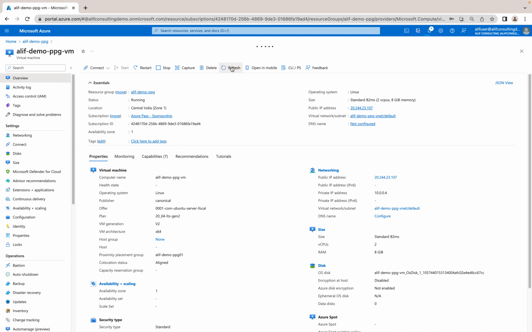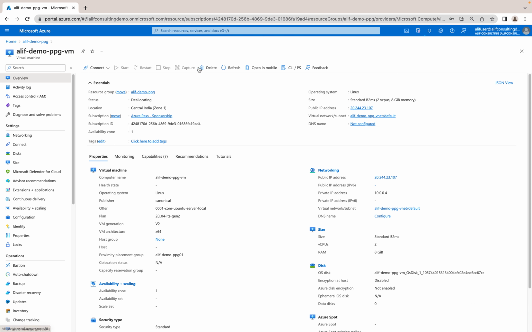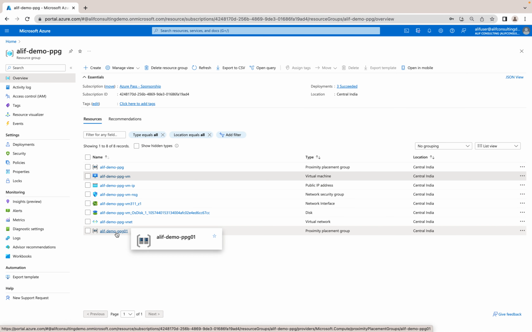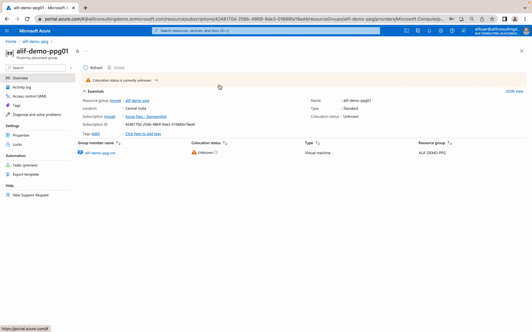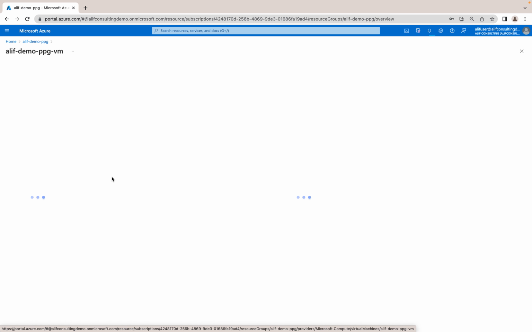So let's wait for this VM to be stop deallocated. Currently it's in a deallocating state. It's going to take a few seconds. Yes, it's still in a stopping state, right? So as soon as it's in a stop deallocated mode, if you go into the PPG, you will see your status should be changed to unknown. Now, if you go back to the VM, or go back to the configuration option,